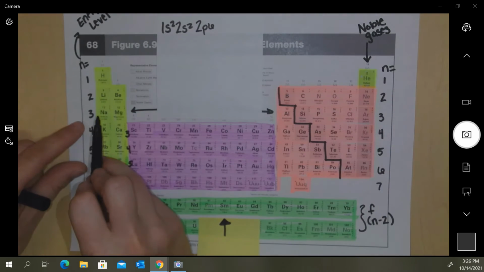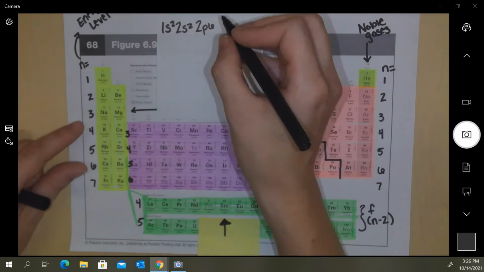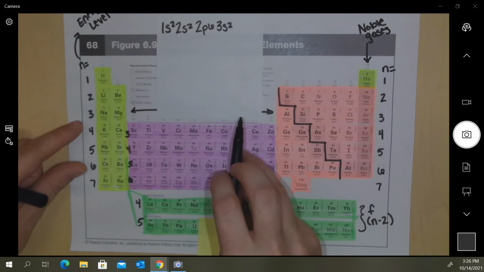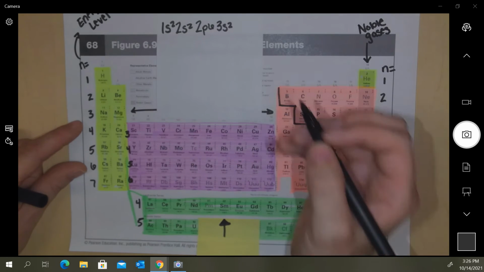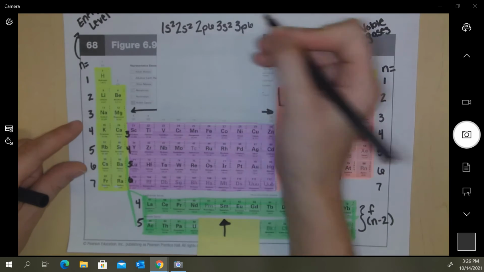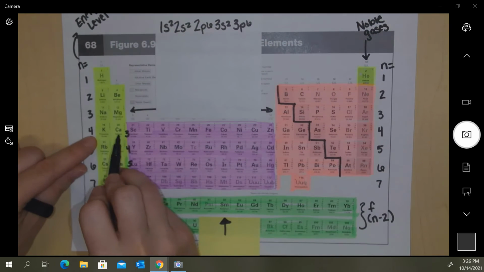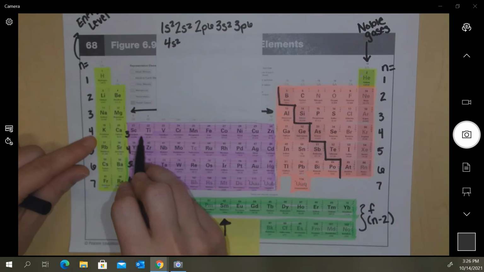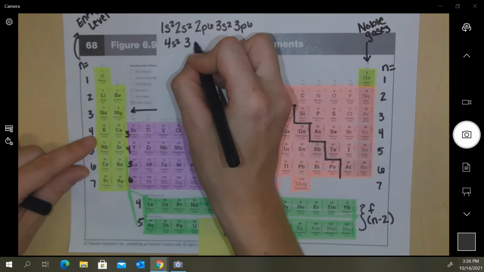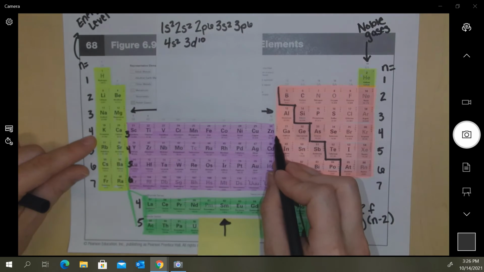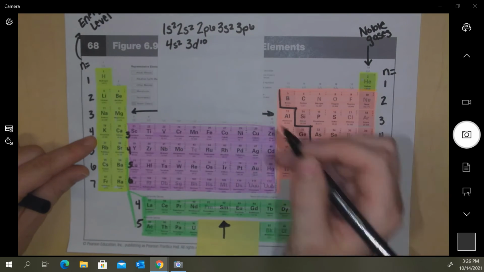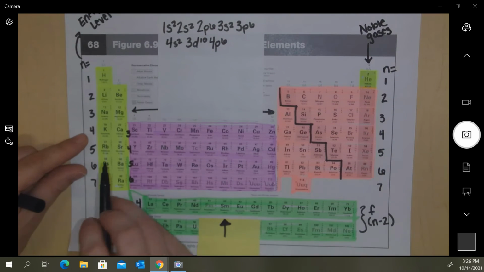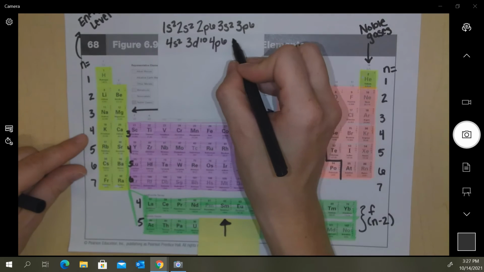After level 2, we go to level 3, 3s2. 3 continues, and we pick up 3p6. After 3p, 4s2, then 3d10, then back to 4, 4p6. After 4p6, 5s2,